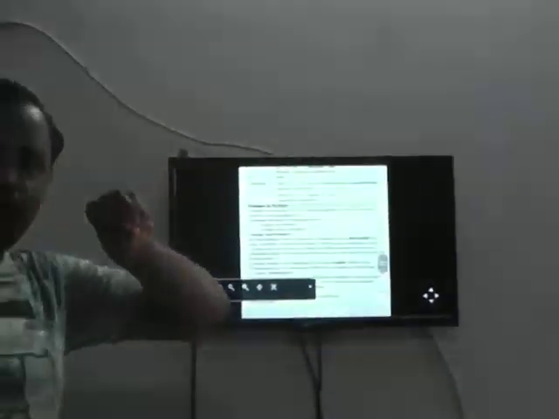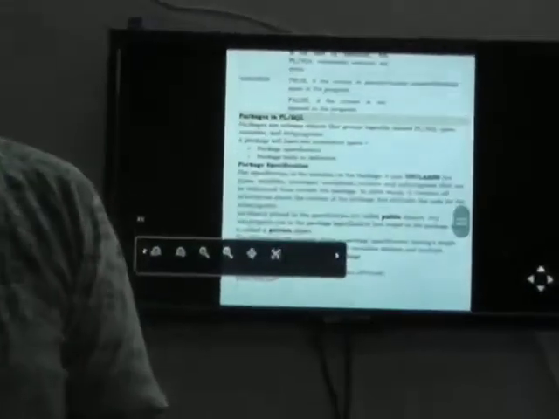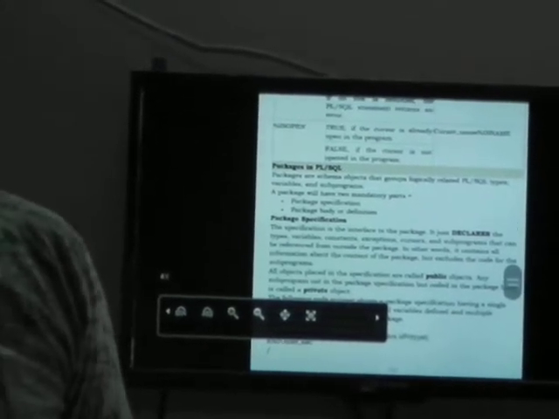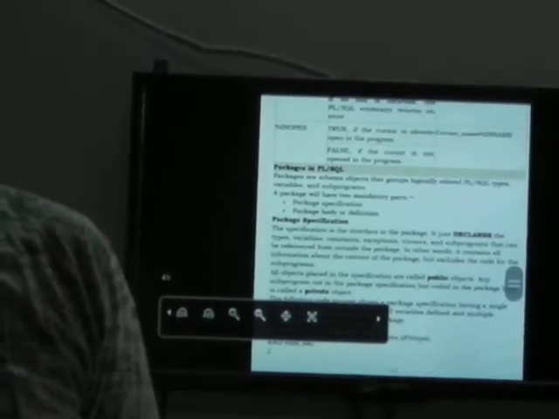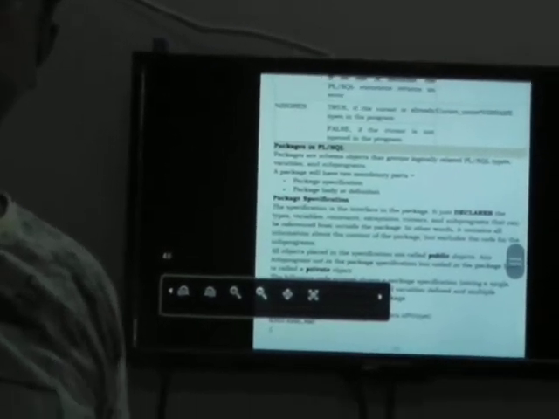Here also it's the same thing. A package is nothing but what you want as a function. For example, I want a built-in function like average, I put it into the package. I want some procedures, some triggers, some cursors, whichever you have already created. Put them at one place, giving it one name. The name is nothing but package.